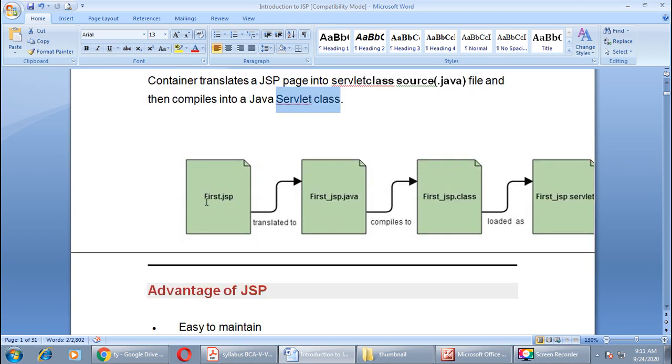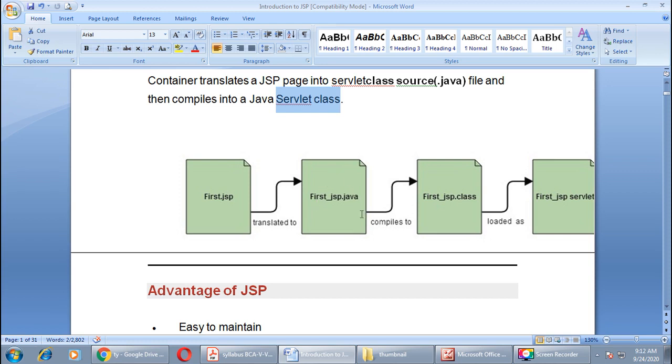Here you can see the pictorial diagram of this process. We have one JSP file with us, namely first.jsp. It is translated to the first.jsp.java file by the container, right?